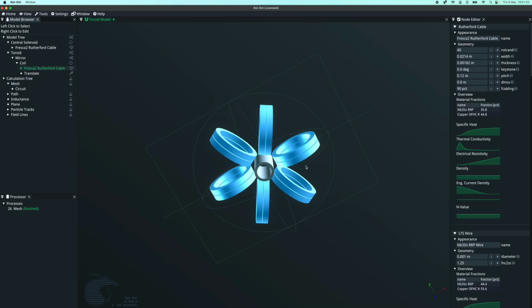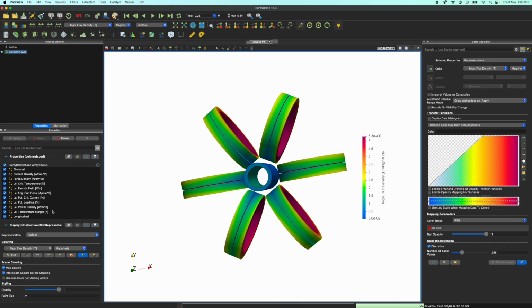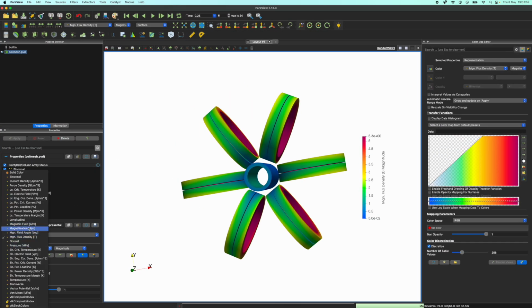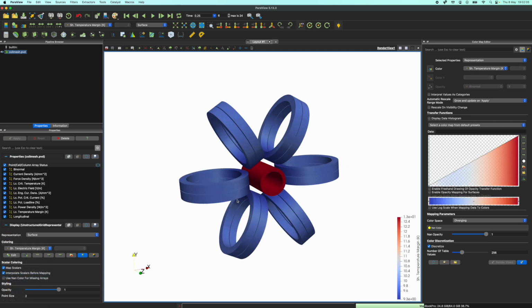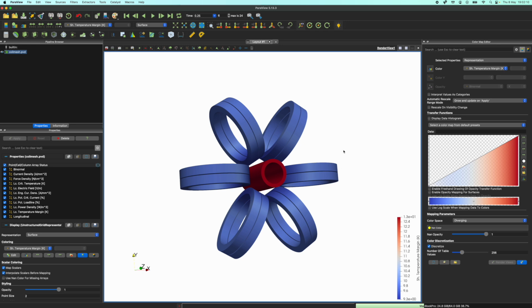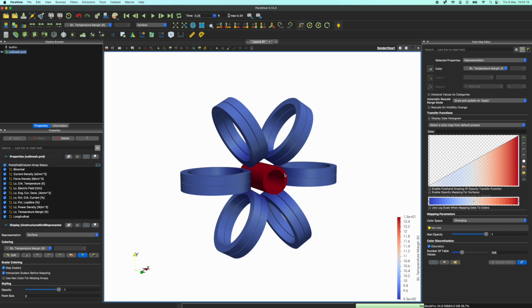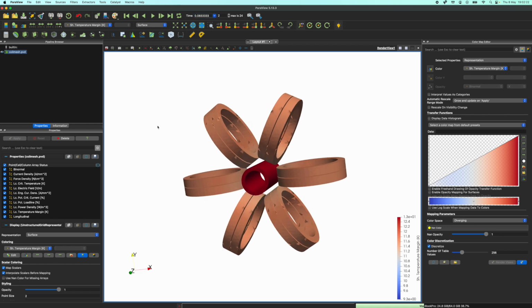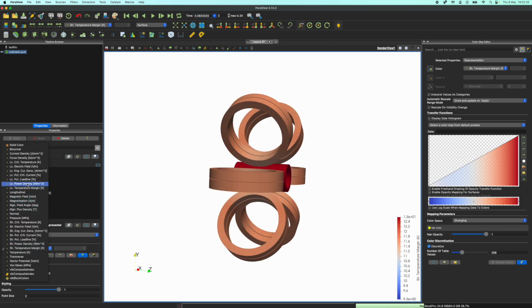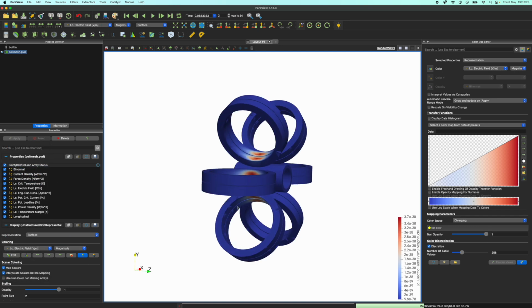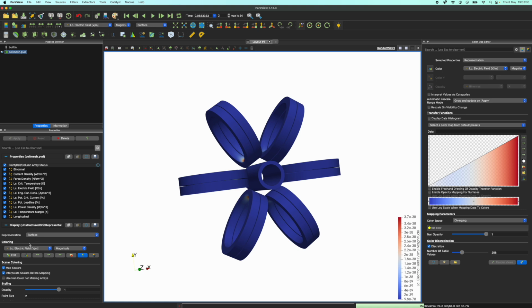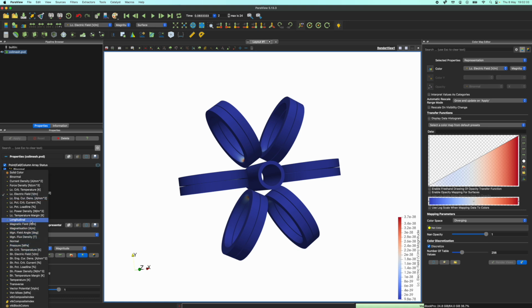So the superconducting properties of some Rutherford cable, LTS Rutherford, we can actually plot here, for instance, the temperature margin on the coils. There's quite a bit of margin on this coil, actually. That's not bad. That's good. We didn't charge it too much. In fact, the temperature margin for the solenoid is 13 Kelvin. That's quite a lot, but that depends on your settings, of course. And that can also be inspected as a function of time, just like for any other parameter in the list. So the electric field, everything that you would normally find in the post-processor of the mesh